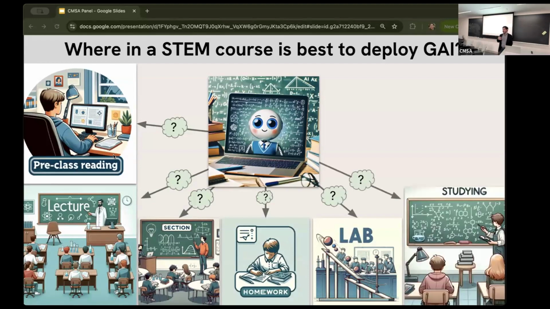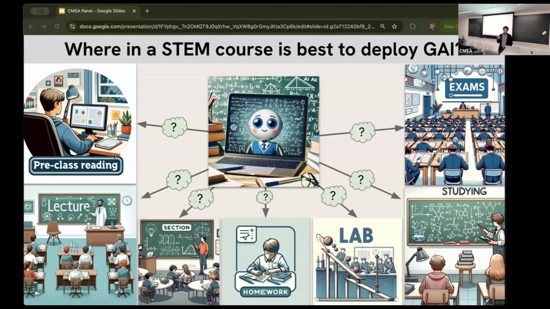Studying, right? We give the students, at least I give the students, a couple of practice exams. I wish I could give them more practice exams. Why not have something generate practice problems for the students? And even in exams, right? We give the students calculators now. Why not AI on exams? And so the question is, where should we put generative AI? And the answer is all of these